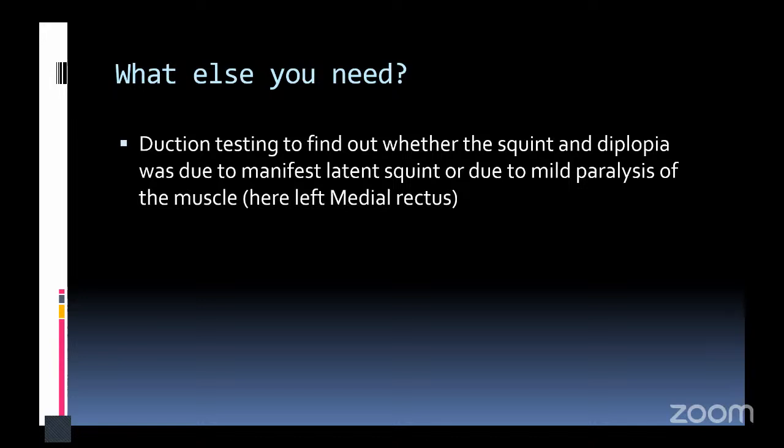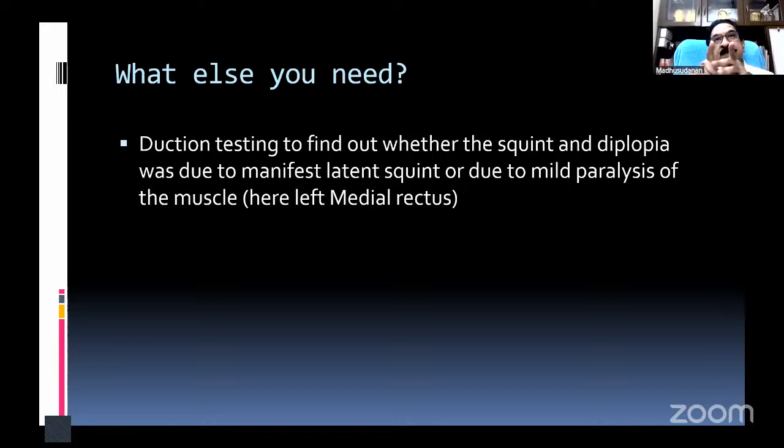Heterophoria means latent squint. The squint can be manifest, meaning already separated out, but the ocular movements will be all normal. Latent means the eyes are parallel in the primary position, but there is already a latent squint which becomes manifest when the eye becomes tired. Only mild deviation will be there.